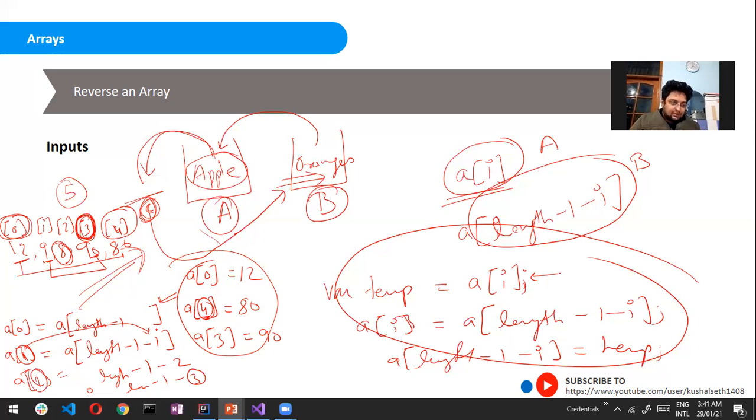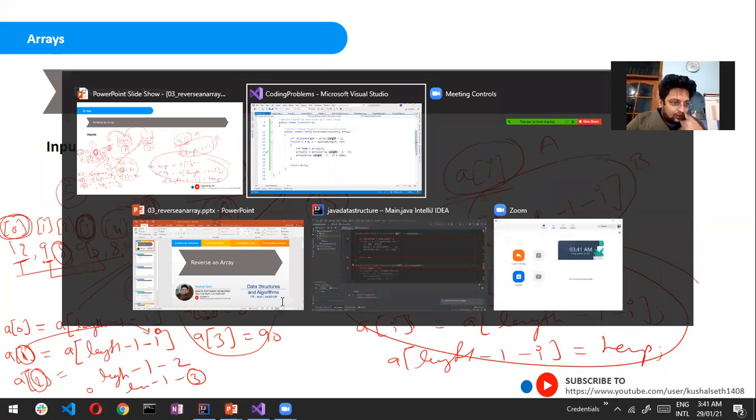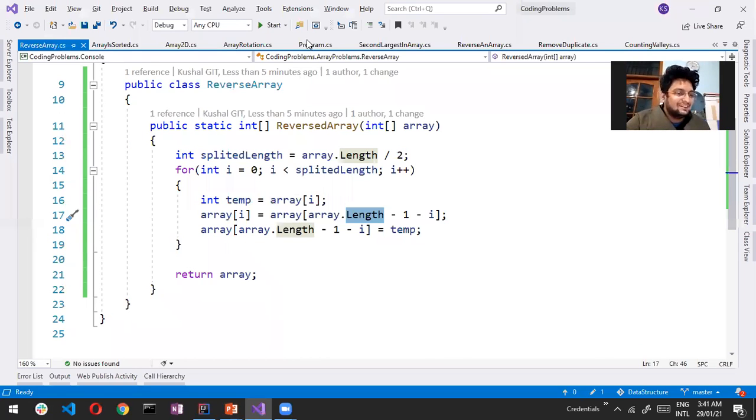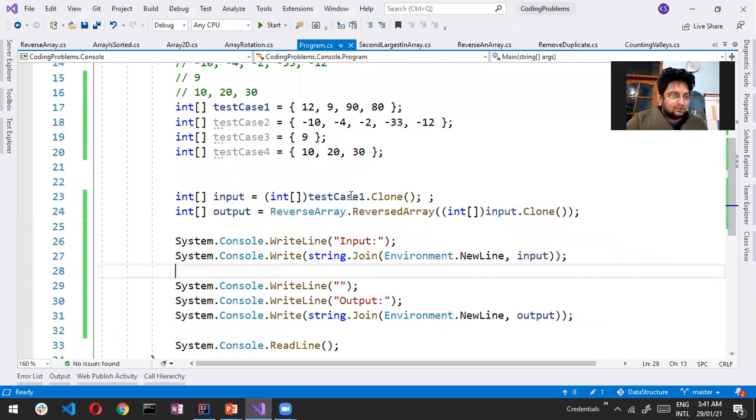So that's why I came to this at the end: length minus 1 minus i. And if you put it here, then obviously i is 0. So length minus 1 is obviously 4. 4 minus 0 is 4. I think now it could be clear. I am just guessing. Sometimes if you listen to it again, if this is not clear, then it will become clear.